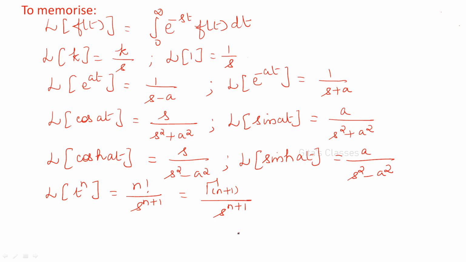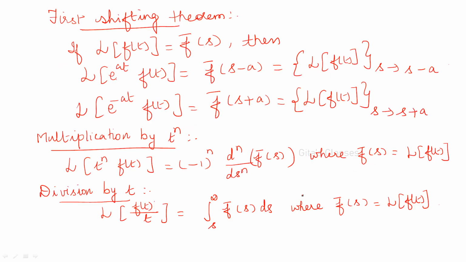Otherwise, if it can be reduced to 1 by 3 or 1, then gamma of n plus 1 by s power n plus 1. Depending on the n value, we have to write accordingly. So next is the first shifting theorem. If you know L of f of t is f bar of s, if the function is multiplied by e power at or e power minus at,